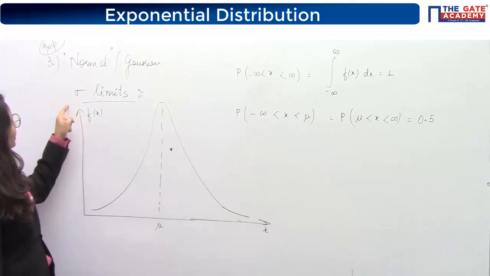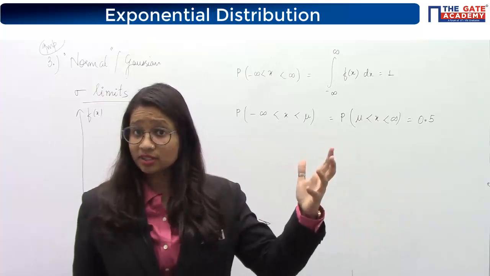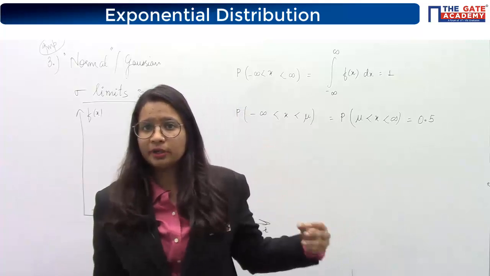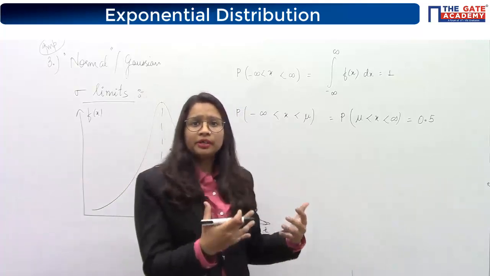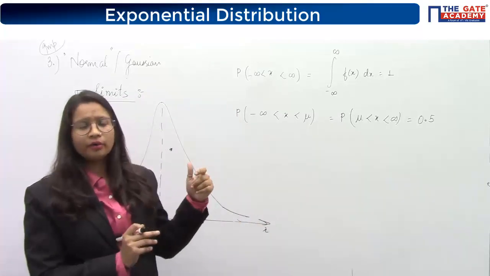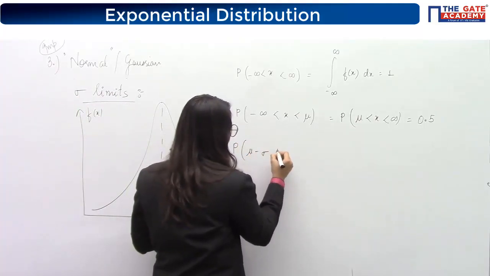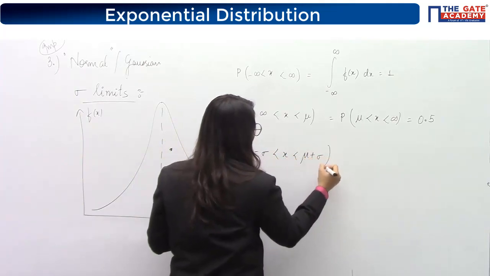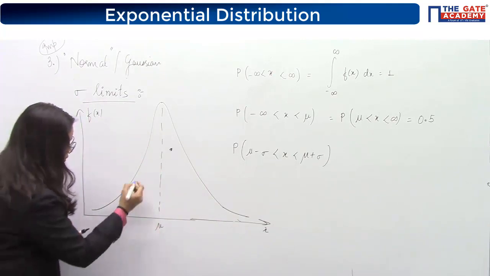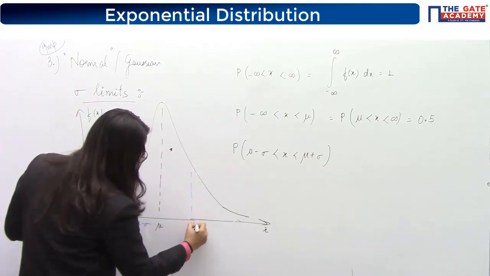Okay. Now there are some sigma limits. As I have already told you, a lot of research has been done on this, because this is a normal curve which is followed by generally every kind of situation. So a lot of research has been done to find the probabilities and standardize this curve. When we conducted the research, we found that whenever you are in the range mu minus sigma to mu plus sigma, let me say this is mu, the mu minus sigma point is here, and mu plus sigma will be here.